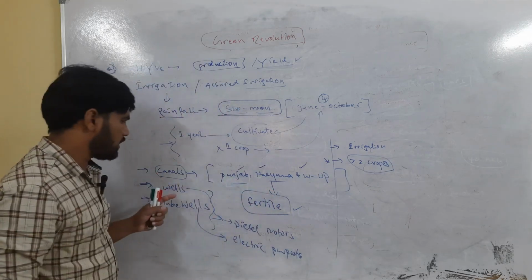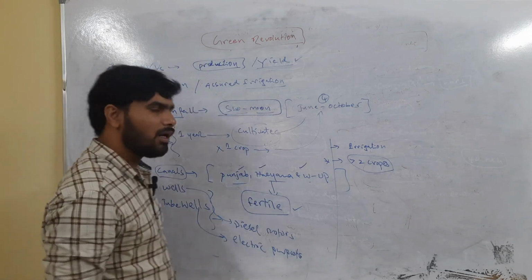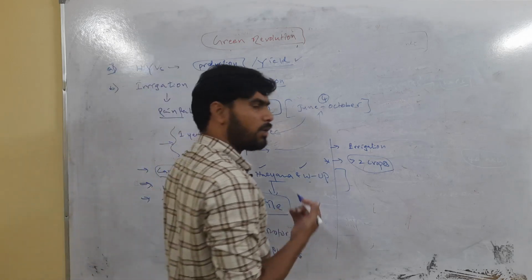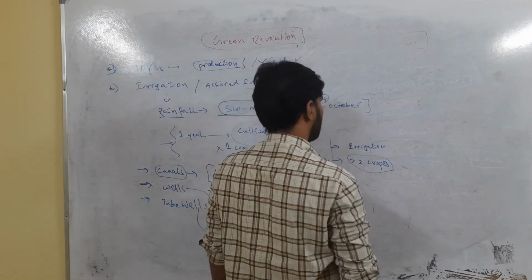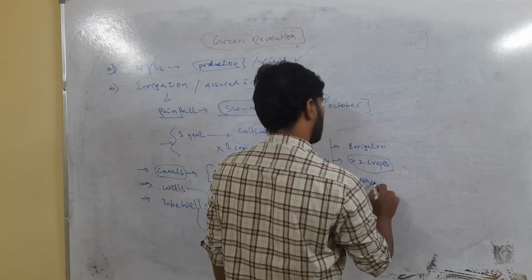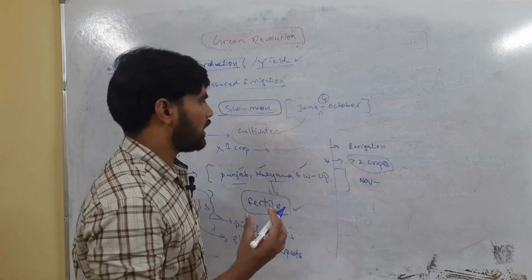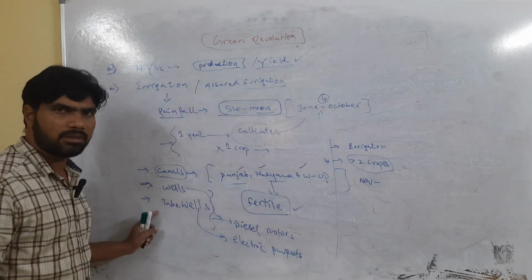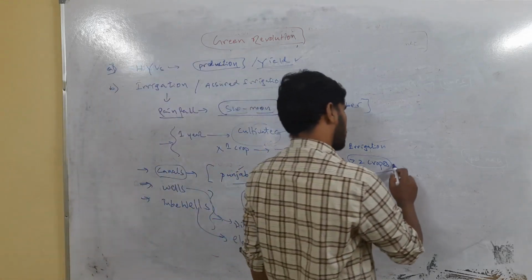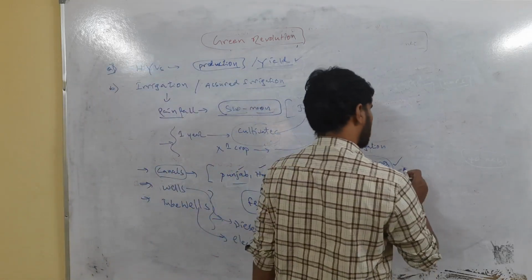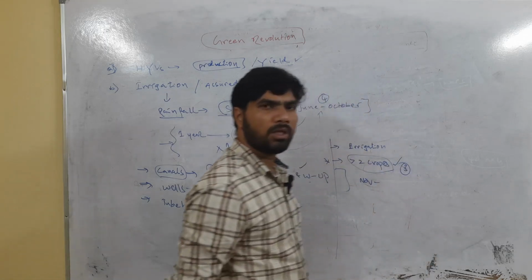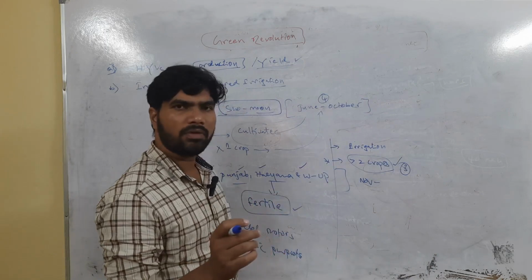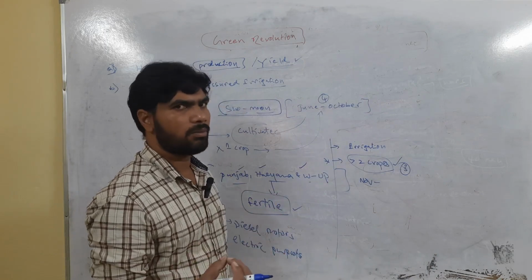Now, through these canals, wells and tube wells, we are in a position to provide irrigation even further. So after October, during November, December, January, February, we can reap one more crop. Why? Because we now have irrigation. So more than 2 crops are possible. In some regions, you will also see cultivation of 3 crops. After February, during March, April, May, the summer season, you will also see the cultivation of another crop, maybe fruits and vegetables.